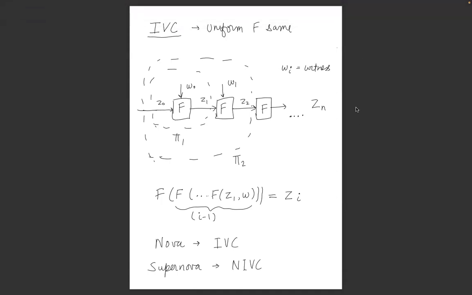Yeah. So now let's discuss IVC. IVC stands for Incremental Verifiable Computation, and this is just a fancy way of saying